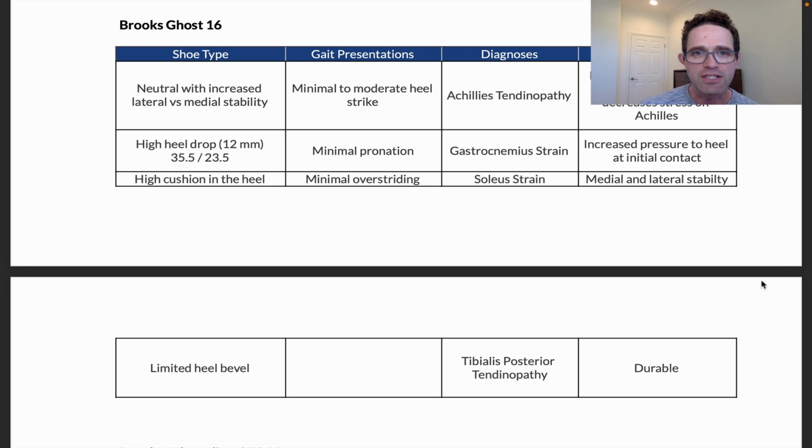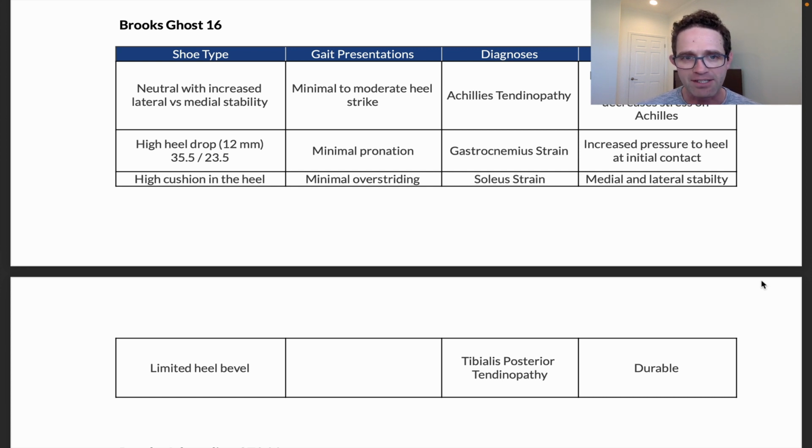So gait presentation's minimal to moderate heel strike. We don't really want a lot of heel strike here because, unfortunately, with that high heel drop, it's going to really promote us landing on the heel. If we have an excessive amount of heel strike, we might have increased impact, especially pounding on the ground with that heel strike. Also, minimal pronation, because while we do have some aspects of stability, we don't have that much